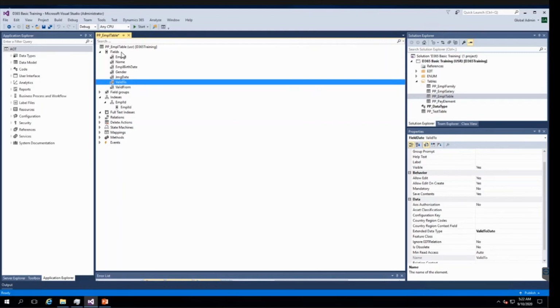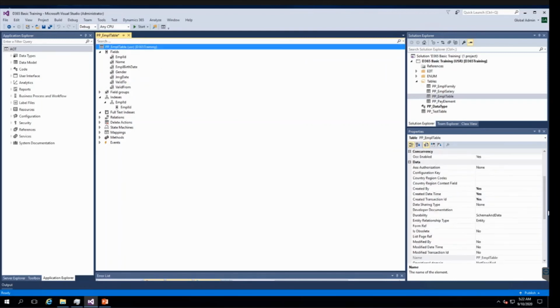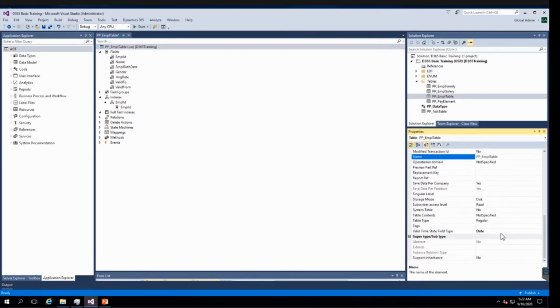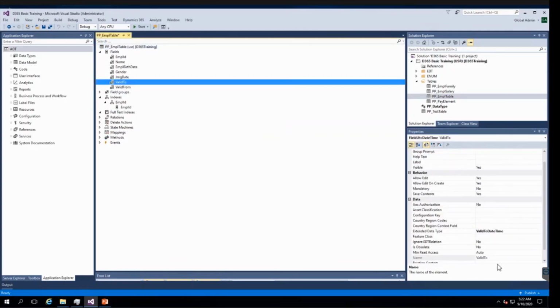If I select date time, I will show you that also. I will first select none. Now the fields are removed. I will again select it, and see now it is date time. So now the date effectivity will be stored at date and time level also.